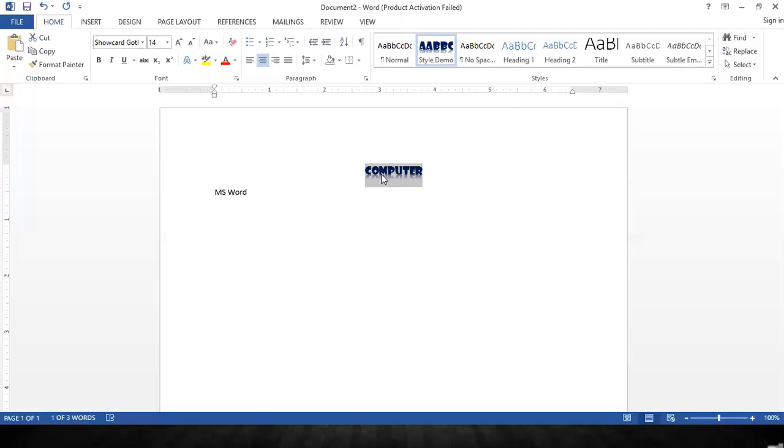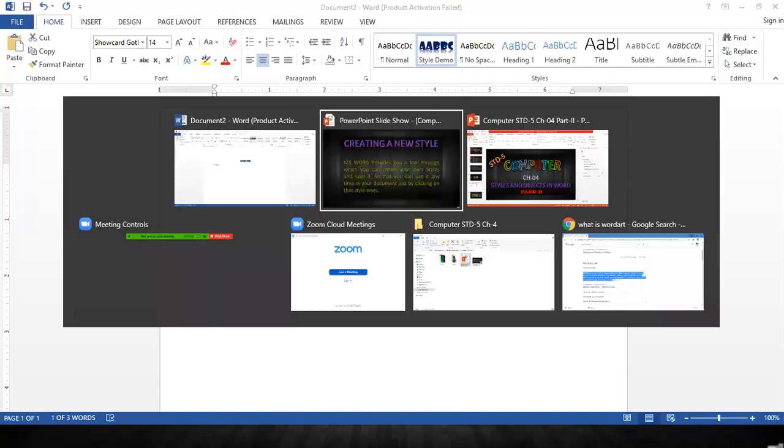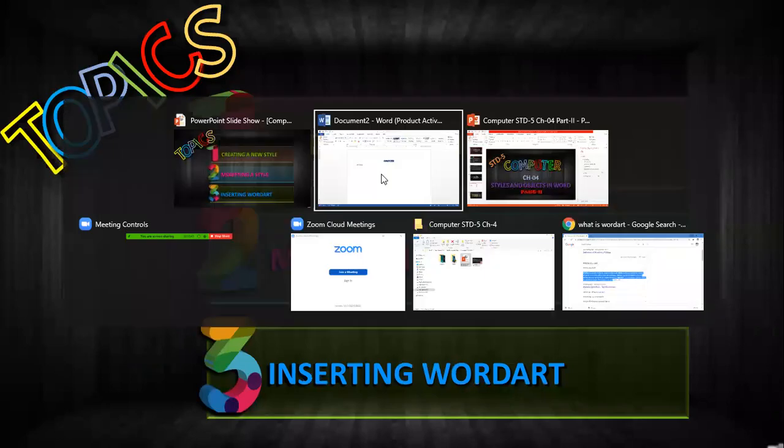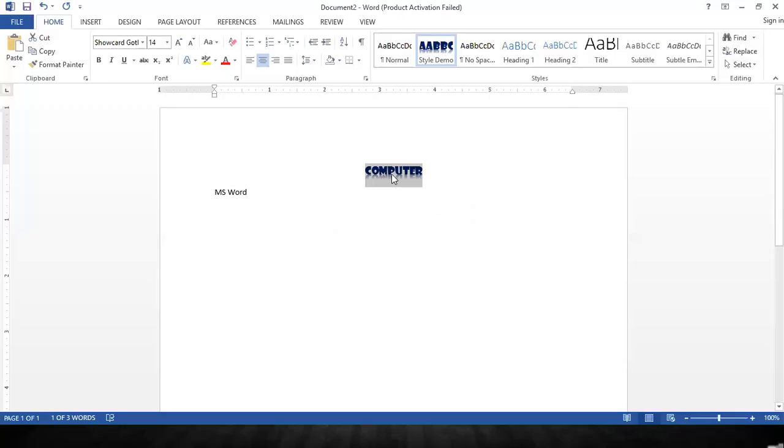Now the next topic which we have to discuss is modifying a style. So right now we have done modifying a style. Again, let's see that. Suppose you want to make some more changes in the style, for example, if you want to increase the font size a little bit more, then in that case, again, you need to right click on the style which you have created.